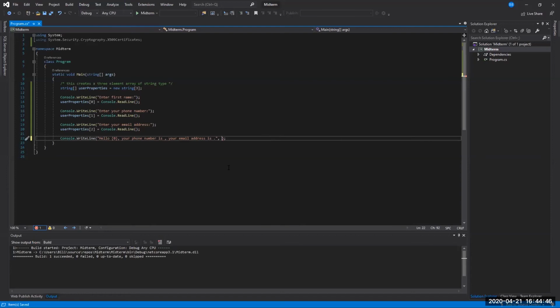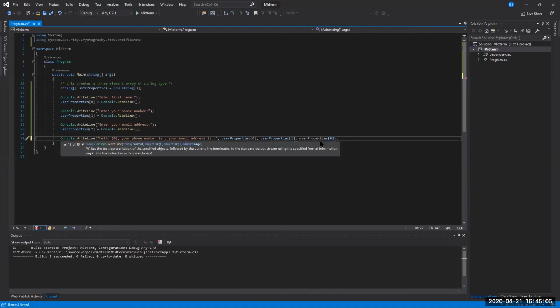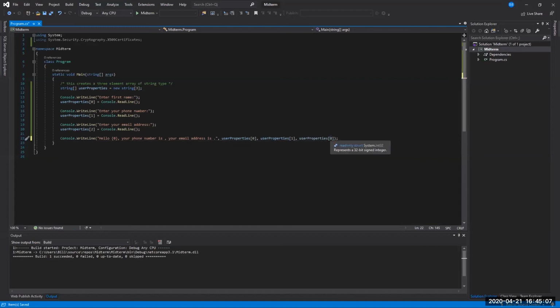and actually let's put the user properties in here to the right, just because it'll be easier for me to reference them to you. So here's going to be our first variable value, our next variable value is the second element, and then our third element. So again, after the string, I've added a comma here, and then I've listed each of the variables that I want to draw the values from to be placed into these placeholders that I'm going to be adding in here. So the 0 placeholder, just like any array,